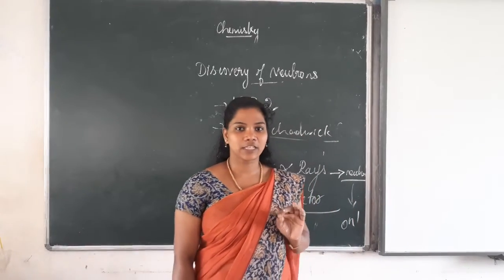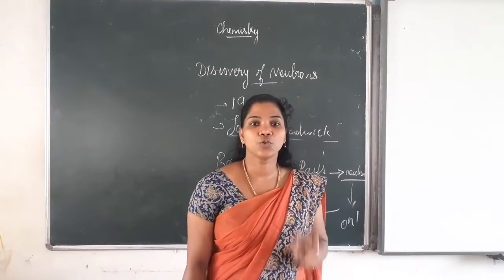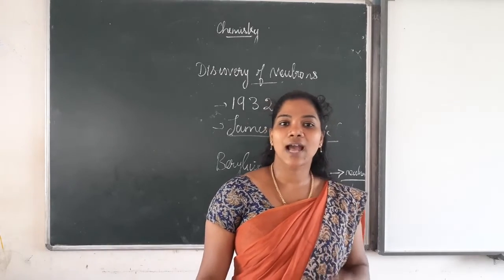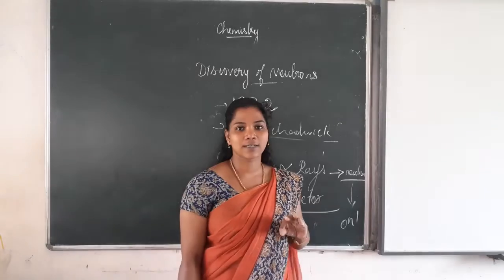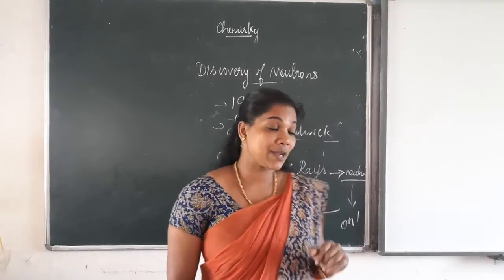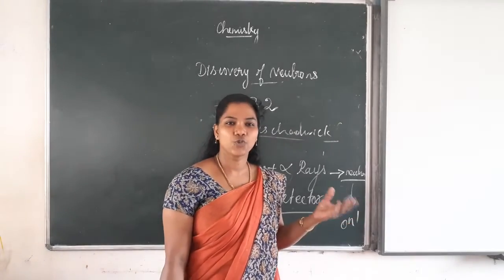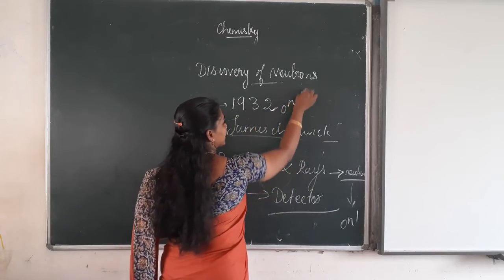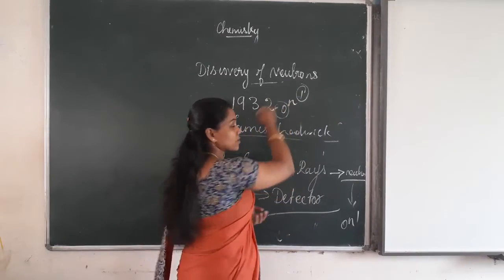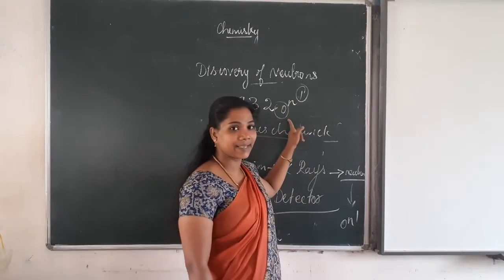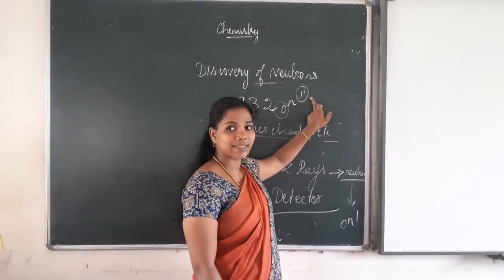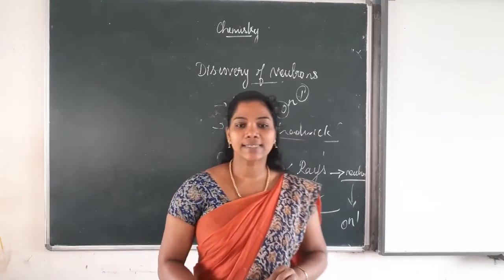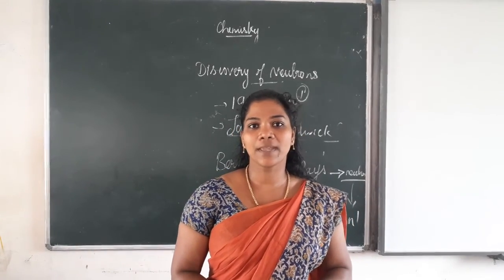but it does not carry any charge. So from this he concluded that inside the nucleus, along with the proton, a neutral particle is also present, called the neutron, and it has considerable mass like that of the proton. Since it does not have any charge, it is neutral, so he named it the neutron. Here I mentioned like this: this indicates the mass number and this indicates the charge. They have considerable mass number like that of a proton and do not have any charge, hence it was named the neutron. In the next class we will study about the subatomic particles of